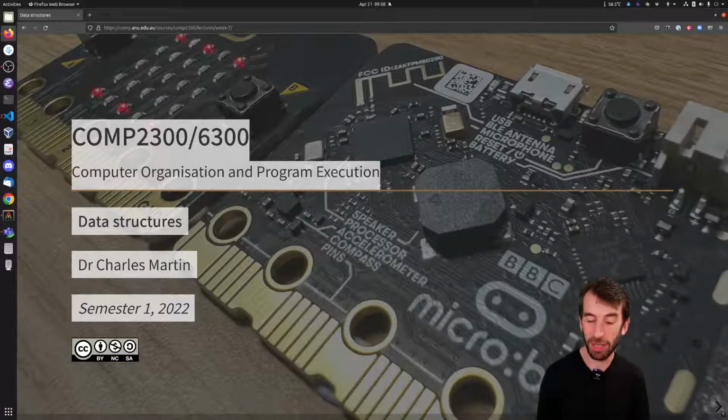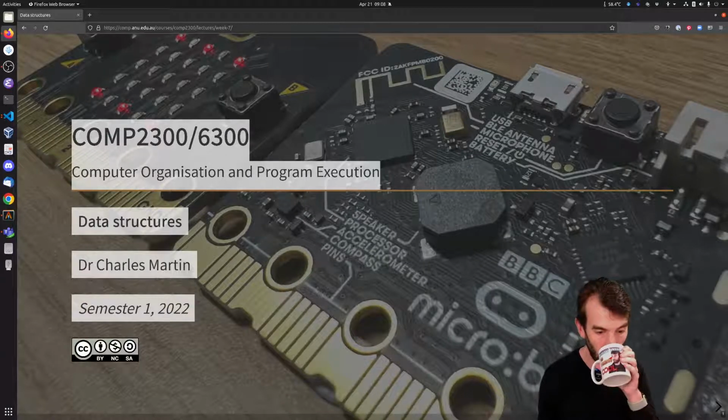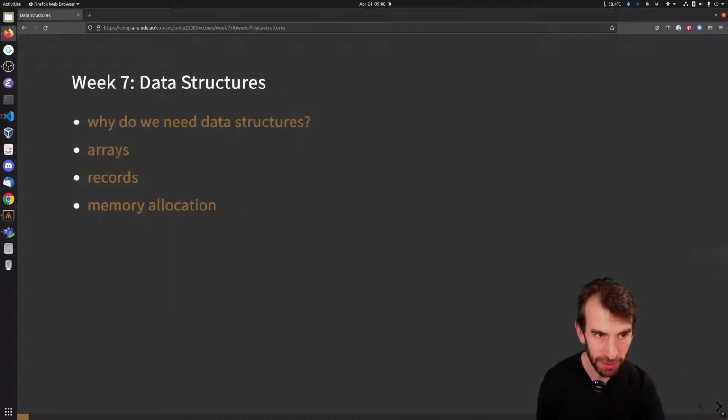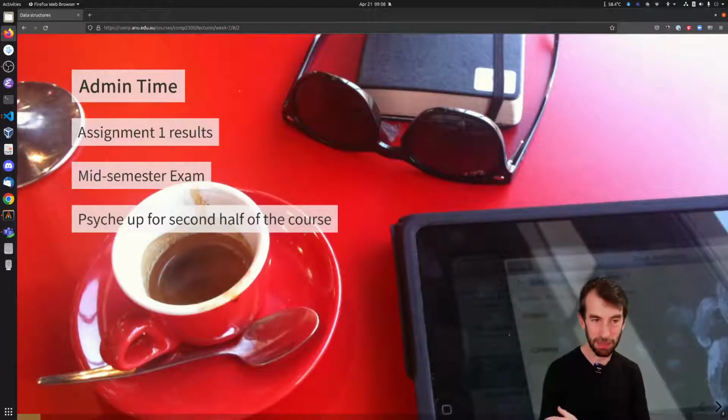So these are two really important core data structures, very much a part of everyday experience with high-level programming, things you'd learn in about week 2. But in assembly, it's taken us a little while to get here because we've had to learn a few different kinds of things to really have the tools available to us to get into these topics in detail. So I'll skip to records in a minute, but just going back to the admin time slide,